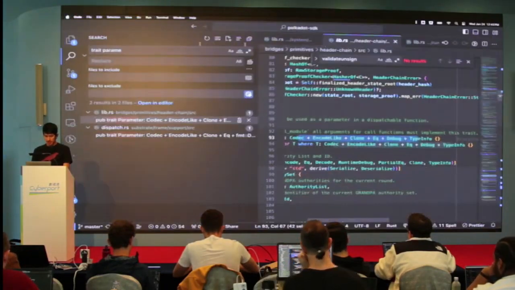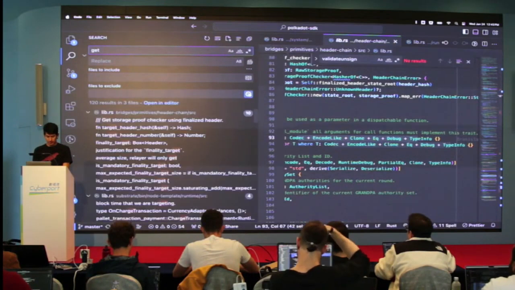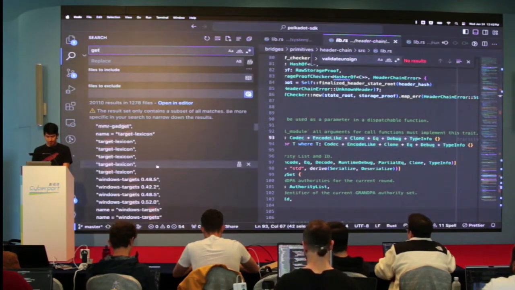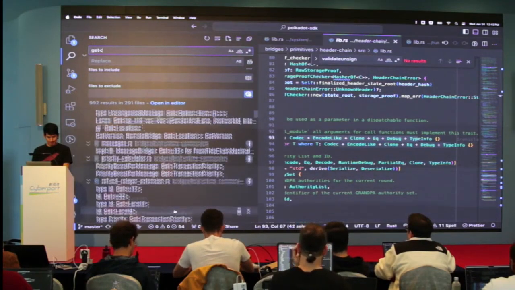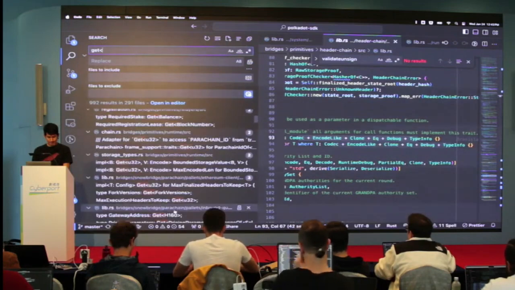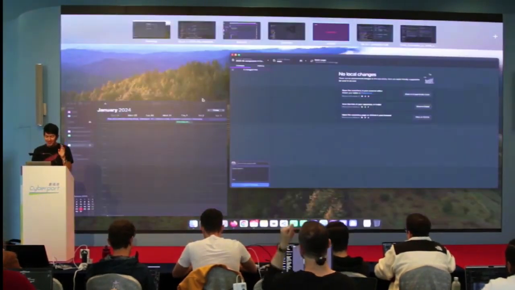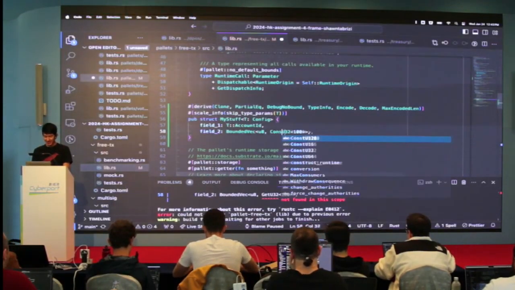Polkadot SDK, get u32. Yeah, sure, const u32. Thank you so much. Gold star. You're right, it's const u32.